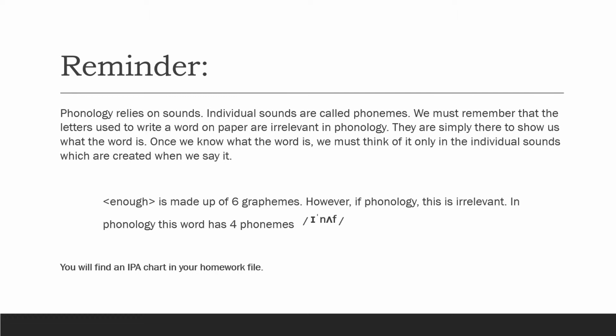So for example, the word enough has 6 graphemes. It has 6 letters, E-N-O-U-G-H. However, when we say the word enough, it actually only has 4 individual sounds in it. E, N, O, F. So enough. So that's 4 phonemes, and there we can see them being represented in the slanted brackets using the International Phonetic